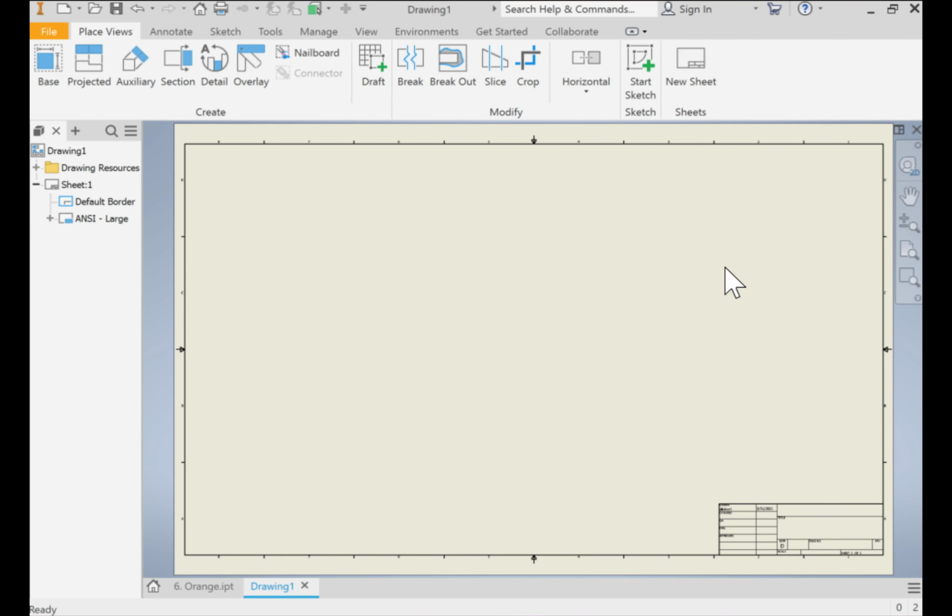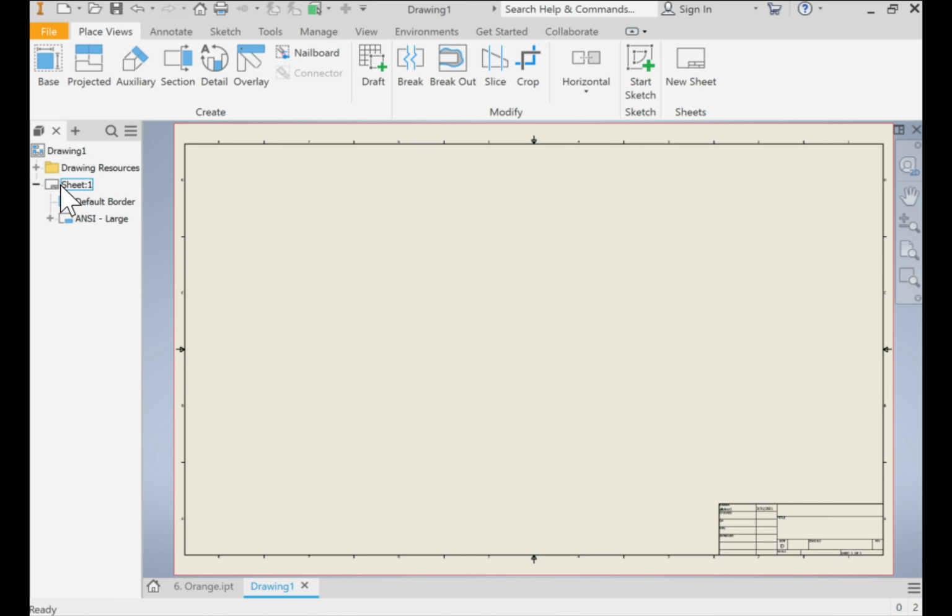Now when this opens up, the size of the sheet that you see here is a really massive piece of paper. This is 36 inches wide by 24 inches tall. That's a huge piece of paper. For reference, if you look at your desks next to you here in my classroom, the blue mats that are on the tables, those are 36 by 24. So it's a big piece of paper, so we need to switch it over to an